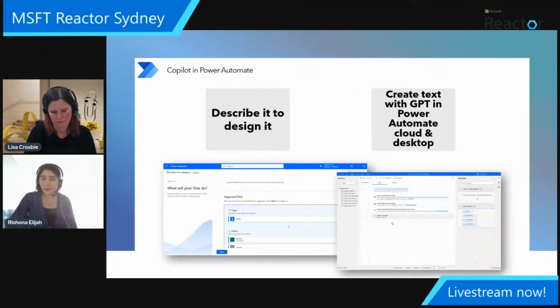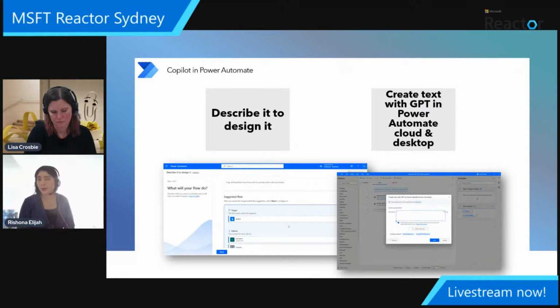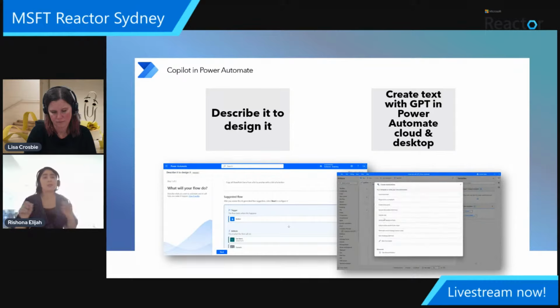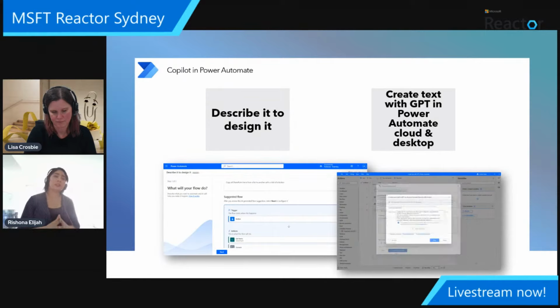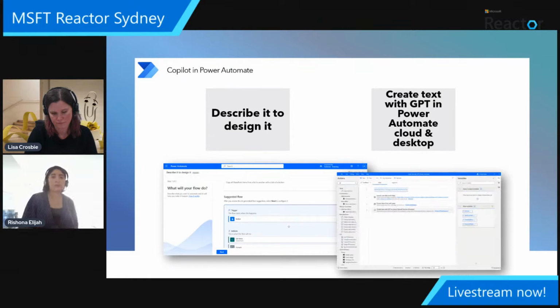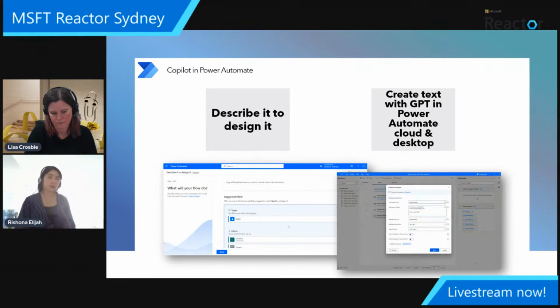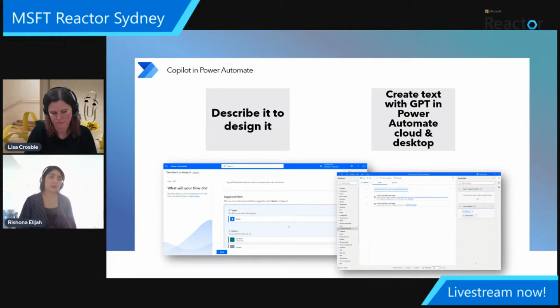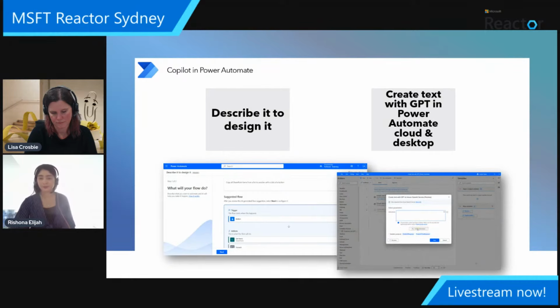And just the last one that we've got here, create text with GPT. So this is actually an AI Builder thing, which is in private preview at the moment, which means that you need to actually go and sign up to say that you want access to this feature to try it out. So this AI Builder feature, it is where you can have things like text, documents. It will be able to summarize that information for you. So it's kind of like ChatGPT creating text, but it brings that into AI Builder, which means that you can use this as a step in your cloud flows or even in your desktop flows, which you can see going on here in that last GIF that we got.